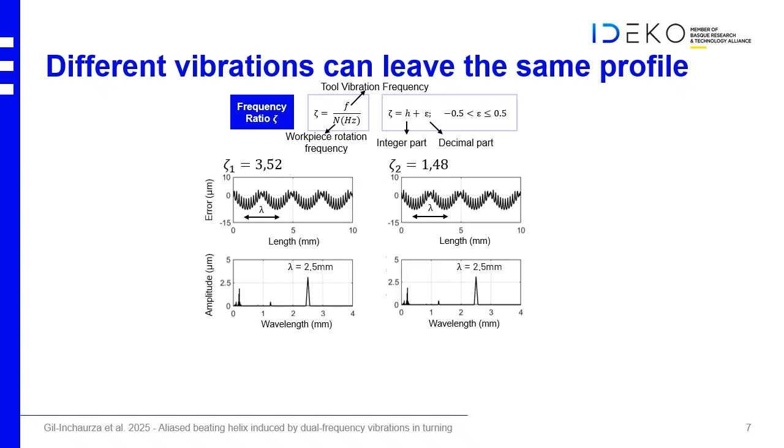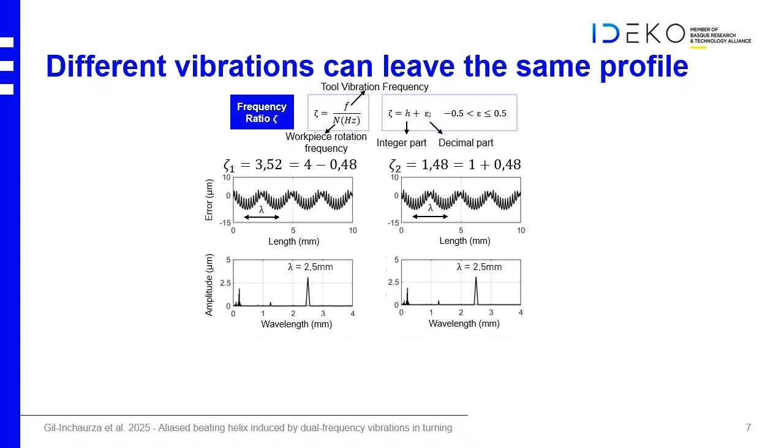And indeed, we can have two different profiles that are exactly the same with two different frequency ratios, because what is important is not the frequency ratio, it's the decimal part of the frequency ratio when we're looking only at one profile. And you see that here we have a decimal part that is 0.48, and that it's leaving the same wavelengths on the part and the same frequency content when we are looking at the wavelengths at the FFT